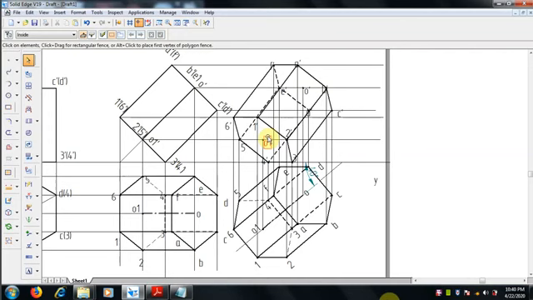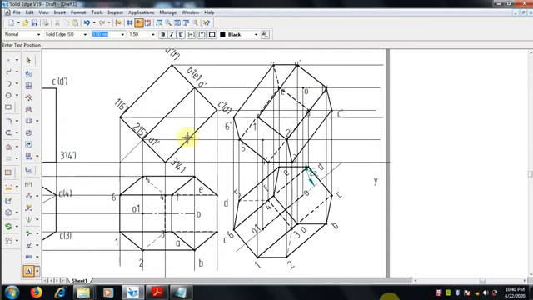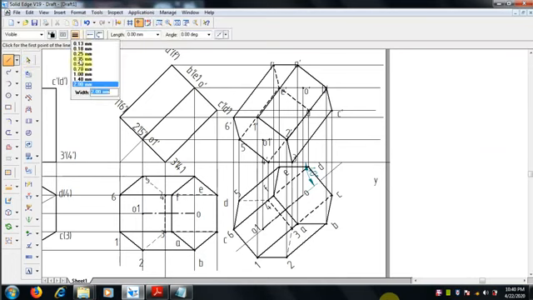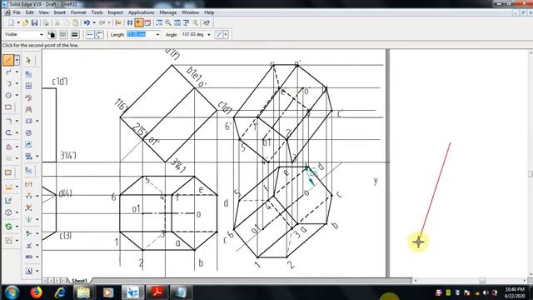So we can join this O with this O1 dash. Select line, center line, 0.5 mm thickness center line I am selecting. From this point to this, just join, and this is over.